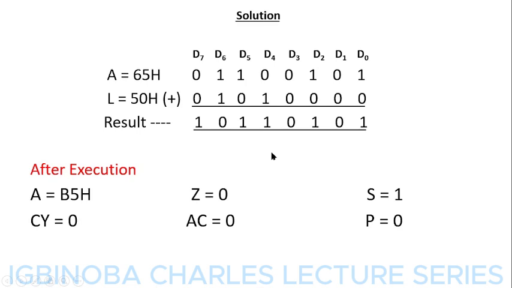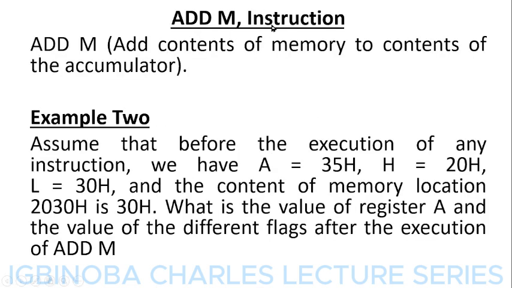So we'll look at the next example. Add content of memory to content of the accumulator. Assume that before the execution of any instruction, the accumulator is equal to 35 hexadecimal, H is equal to 20H and L is equal to 30H. Both H and L are a register pair, and the content of the memory location 2030 is equal to 30. What is the value of register A and the value of the different flags after executing the instruction